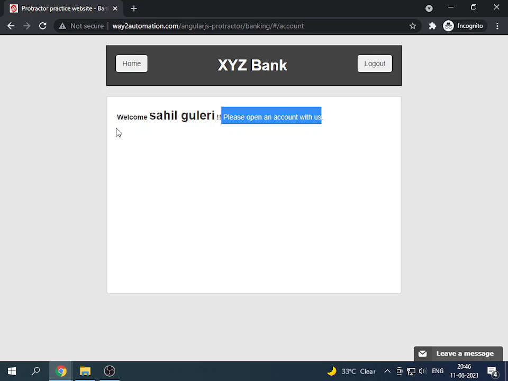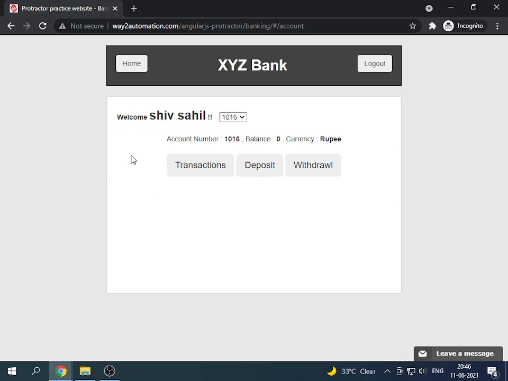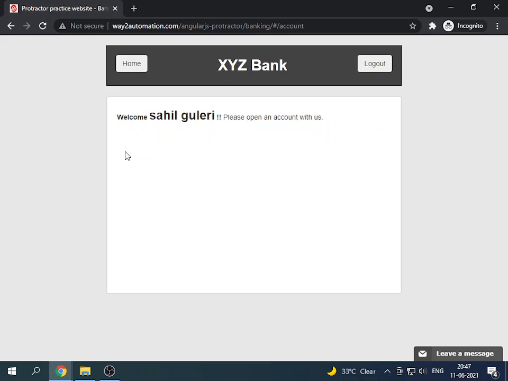In my previous customer, I'm going to make a verification that we are getting either of these buttons, just to make sure that when we have opened the account, then we are able to see these buttons. In case of this customer, we are unable to see any of these buttons.